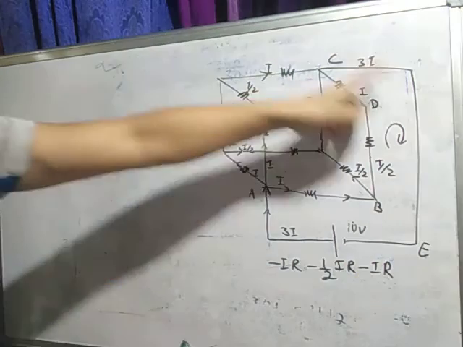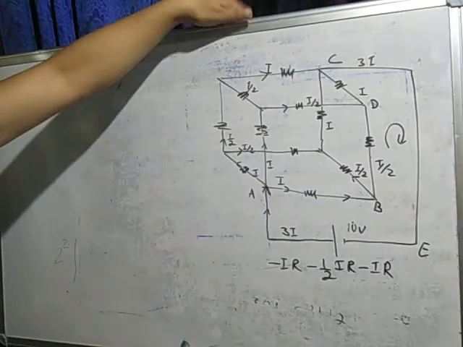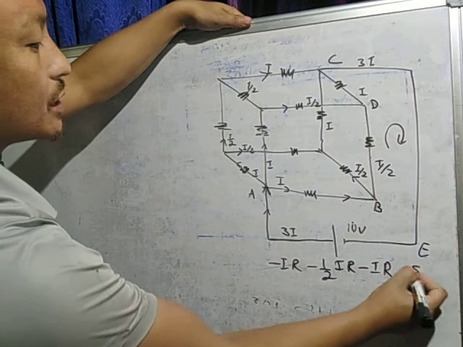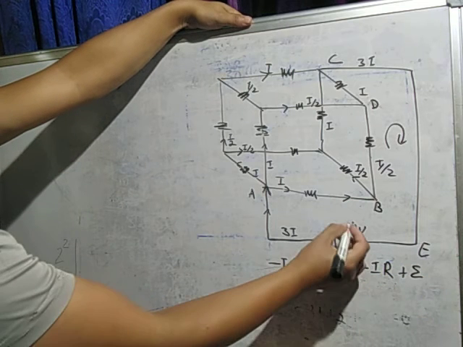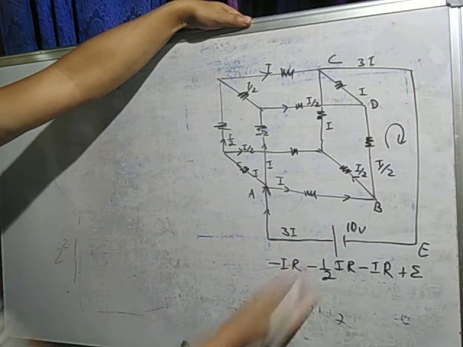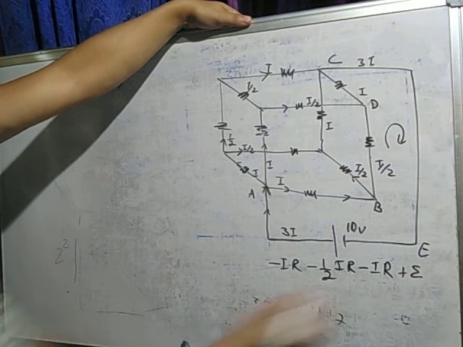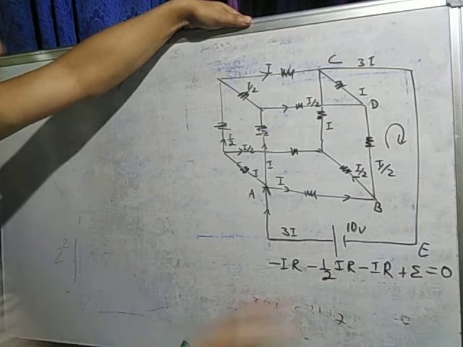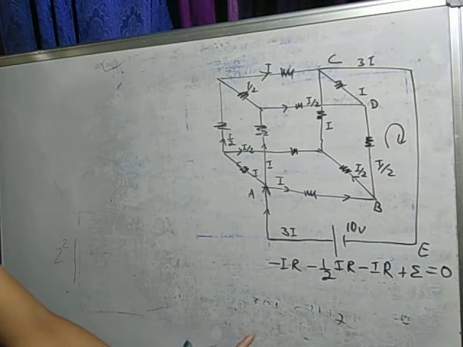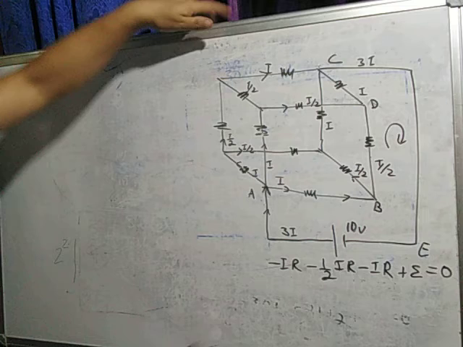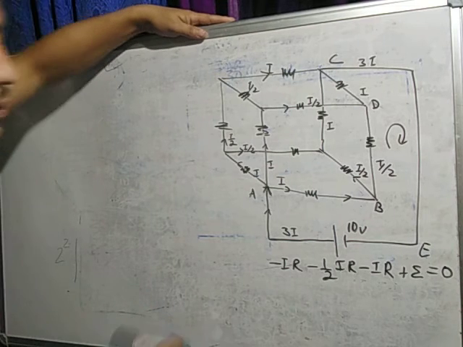Then where do you reach, in the cell. So this is your EMF of the cell, isn't it? So write E now. Okay, while solving you have to write 10, after finding the equivalent. Okay, so this should be equal to how much, 0, isn't it? Yes or no? 0. Look carefully, take time. So now solve it first. So see,